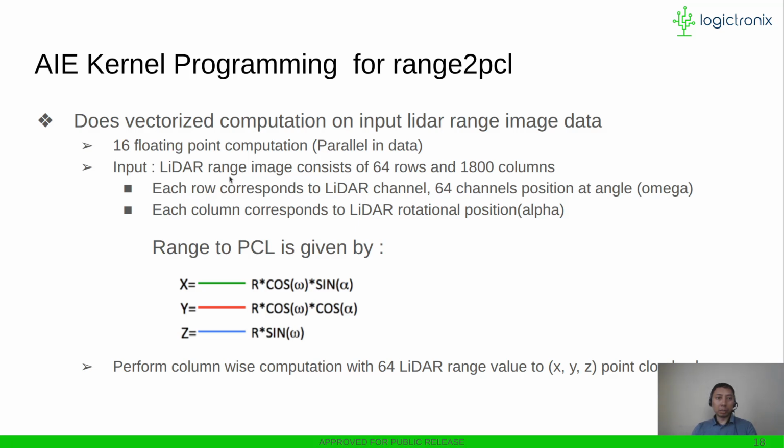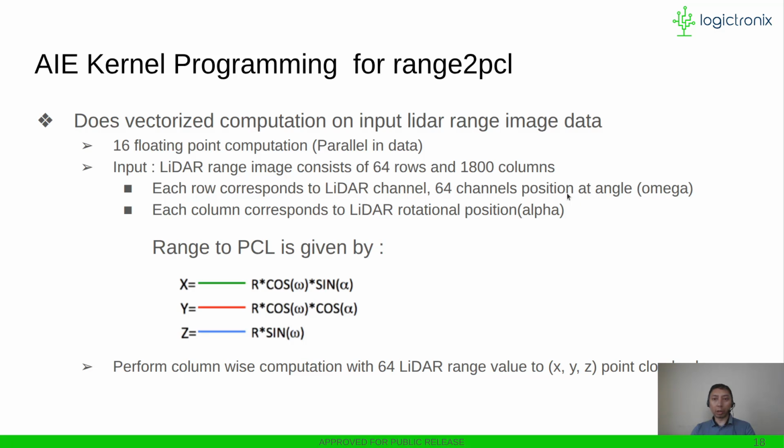In this range image data, each row corresponds to a LiDAR channel. So in the case of our Velodyne HDL 64E LiDAR, with 64 channels, each row corresponds to one of these 64 channels, and